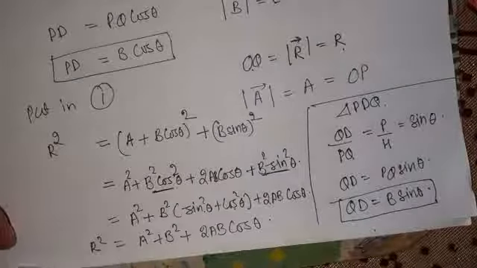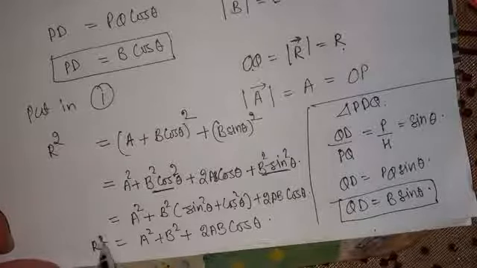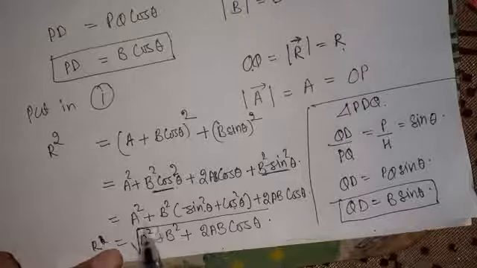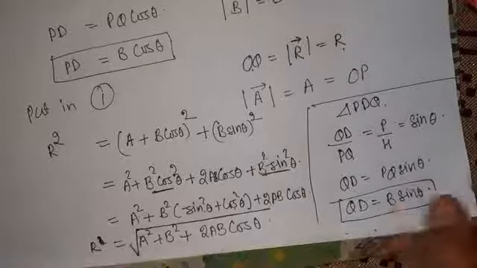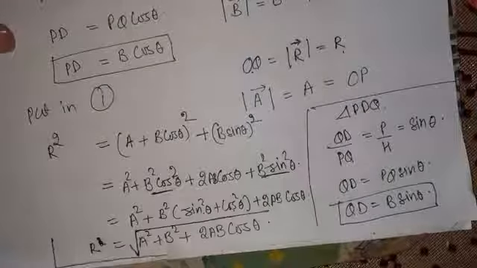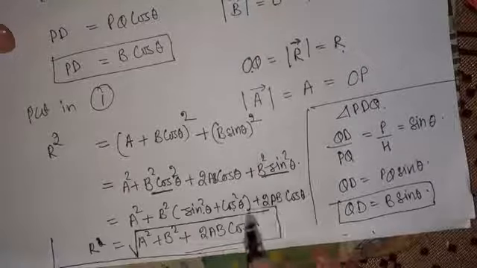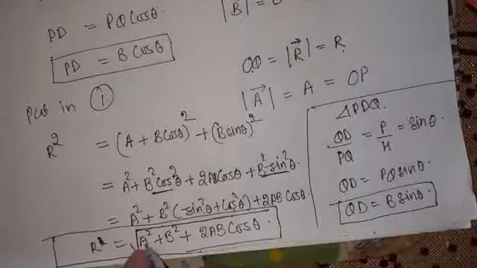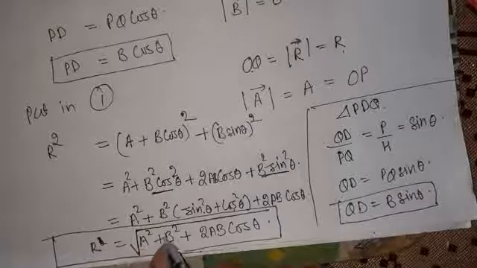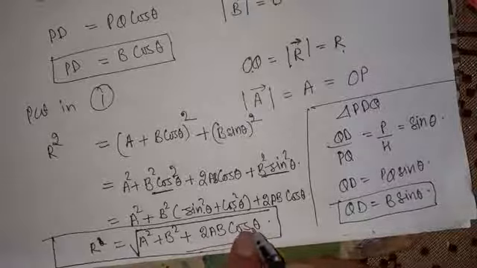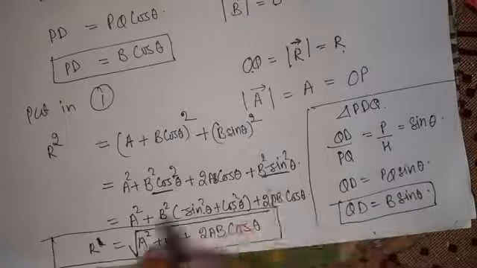And what will be the value of R? So R means this square that will go in the under root of the second side. This is resultant vector. Okay, so how do we find out the magnitude of resultant vector? R is the magnitude of this resultant vector, and its formula of calculation is what? Take the square of the magnitude of A plus the magnitude square of B plus 2 into AB, and how much is the angle between the two vector. Okay, so that will be the magnitude of resultant vector.